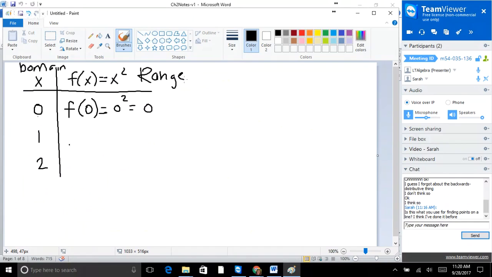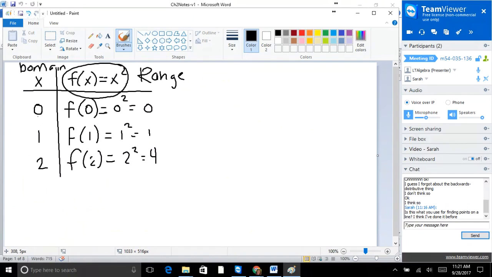Okay. When I put in 1 in my function, I do 1 squared and I get 1. And when I put in my domain of 2, my input is 2, I get 2 squared, which is 4. So if I wanted to map the domain and range of my function,